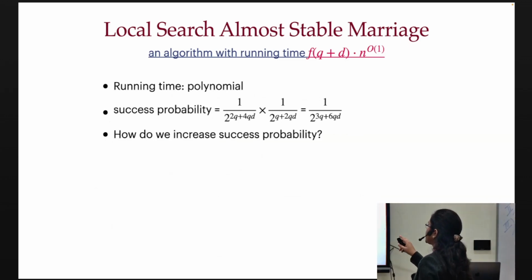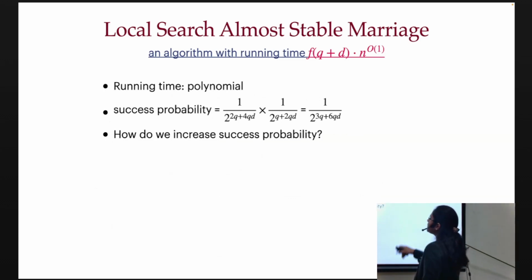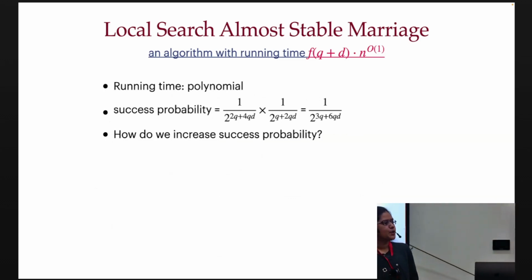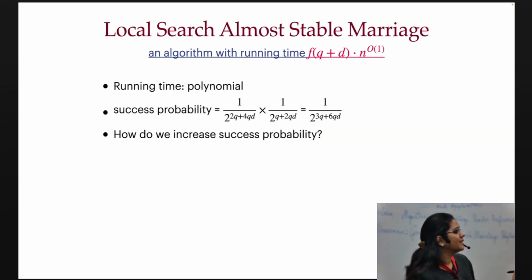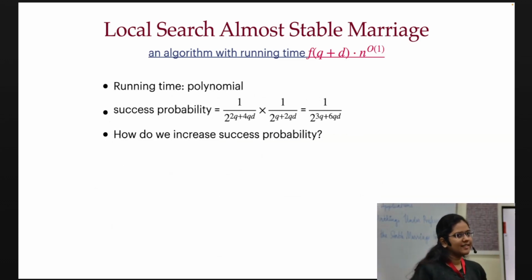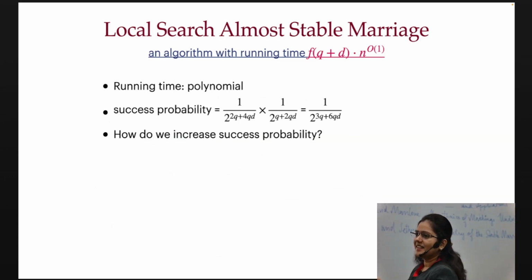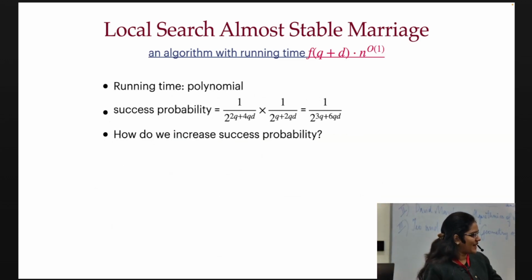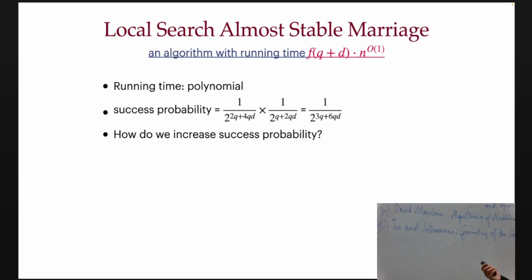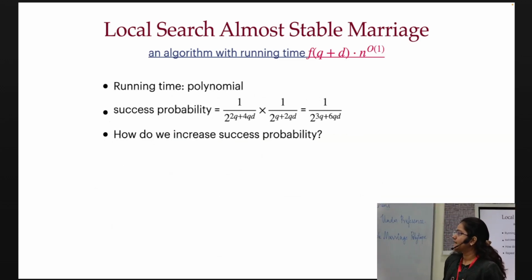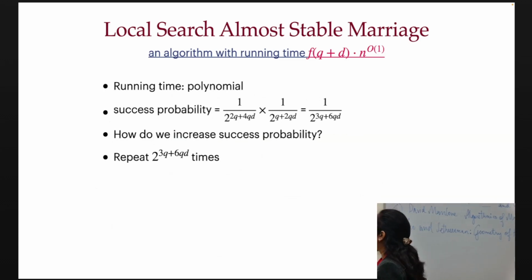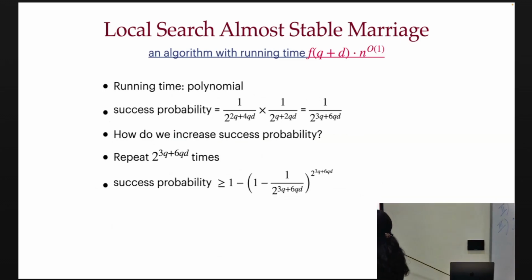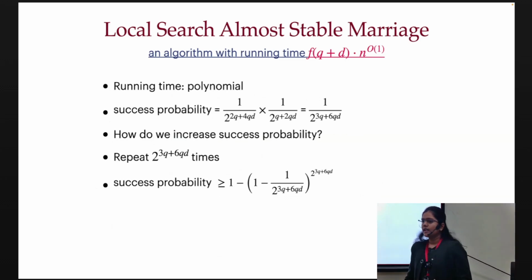So which is not good actually, right? 1 by 2 to the power 3q plus 6qt. Okay. So to increase the probability, to boost the probability, the standard trick is to run it multiple times, multiple trials, right? Okay. So if I repeat it, let's say 2 to the power 3q plus 6qt times, right? The probability, so this is the 1 minus, this inner factor will give you what is the probability that